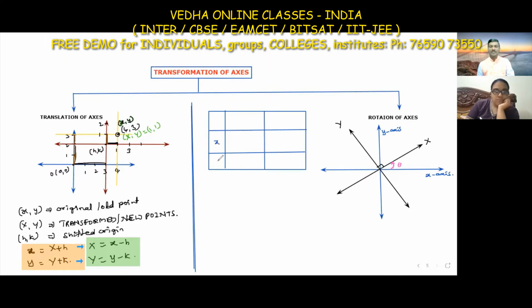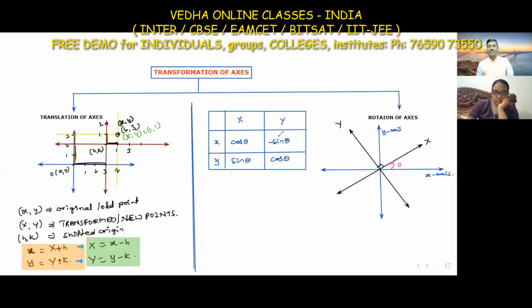In this box, this is small x and small y, and capital X and capital Y. Always remember, small x, small y means original, before translation, whatever we are using regularly. That is original or old. Capital X and capital Y are transformed, new points, new equations. Here I am taking the trigonometric ratios: cos theta, minus sin theta, sin theta and cos theta.